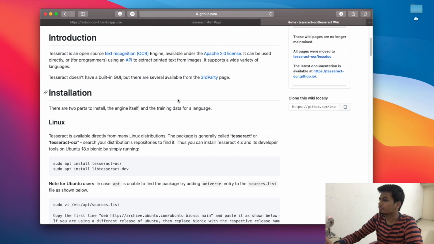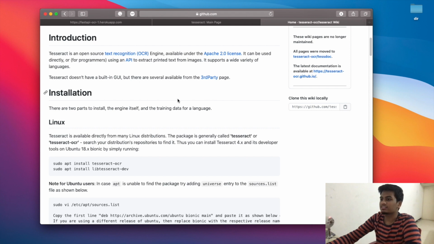So there are a bunch of different ways of performing OCR. When I was in college, as a learning exercise, I made my own custom OCR engine using convolutional neural networks and the MNIST dataset. But if your use case is plain and simple, you just need something which does OCR for you. I would rather have you use something like Tesseract, which is what we are going to be using today.